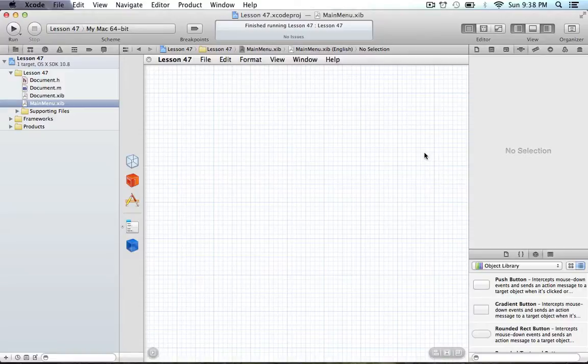In this tutorial, I'm going to be covering how we can work with the responder chain in Cocoa, and what the first responder object is that we always see in the nib file, but that we try to avoid pretty much every time we do one of these tutorials. Not for any particular reason, just because I haven't explained it yet, but this is the tutorial where I will try to clear up basically the underpinnings or the ideas behind what the first responder object is and the responder